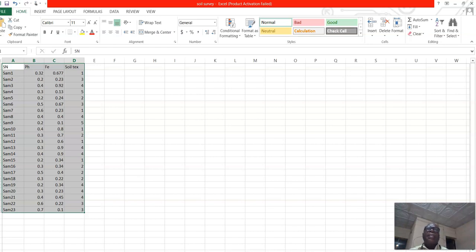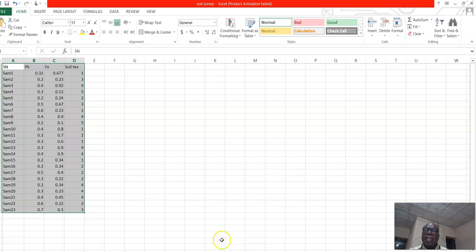The only thing that makes the data useful for surface interpolation or spatial interpolation is that it must have a spatial reference. It must have a coordinate system. The coordinate system is critical to surface interpolation.